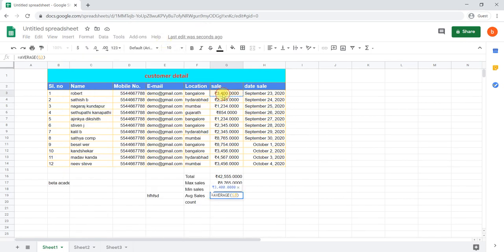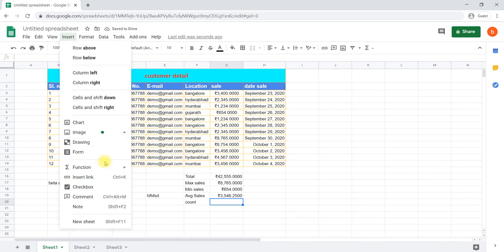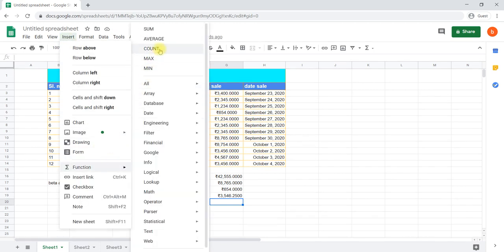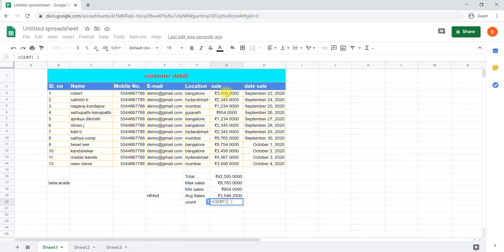Again we select the data; click and drag can also be used. Counting is similar: go to Function, Count, then select the data to count how many sales happened. So we can get all the summary about the data by using these functions.